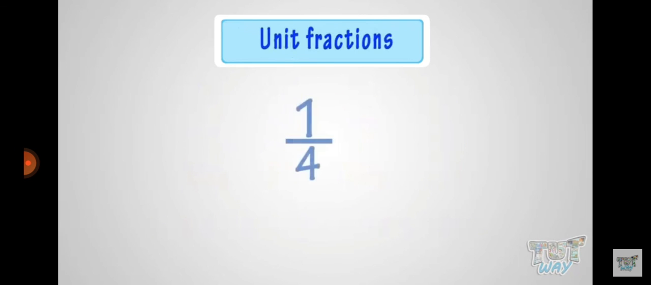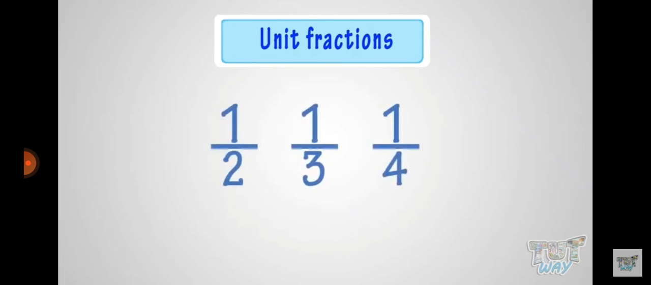Now comes the last one, which is known as the unit fraction. In a unit fraction you can easily find that the numerator is always equal to 1. Upon 2,